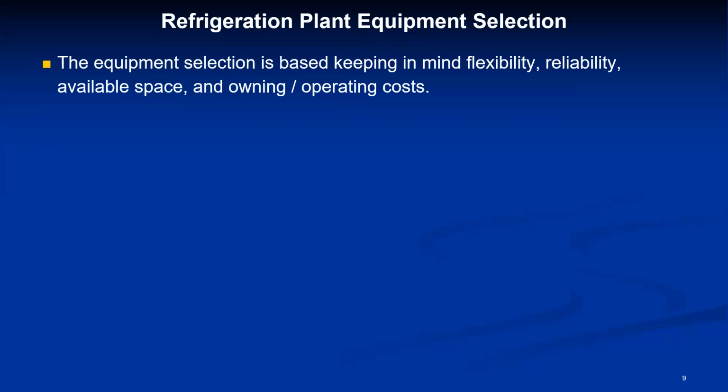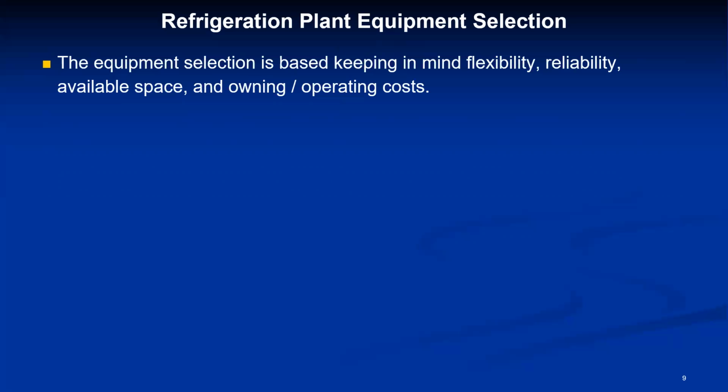Flexibility in the sense that proper capacity modulation needs to be incorporated. And then it should be reliable, because reliability is the major concern, because in case of breakdown there is a possibility of heavy loss, and in case the stored product spoils because of the breakdown, then it costs heavily for the